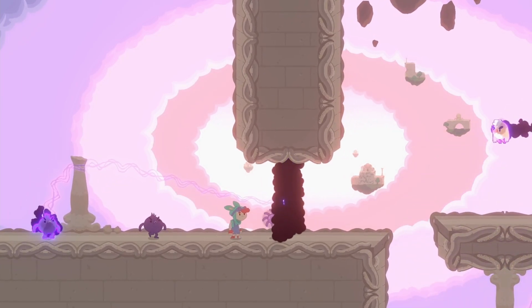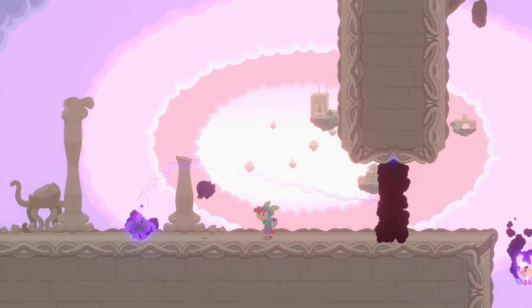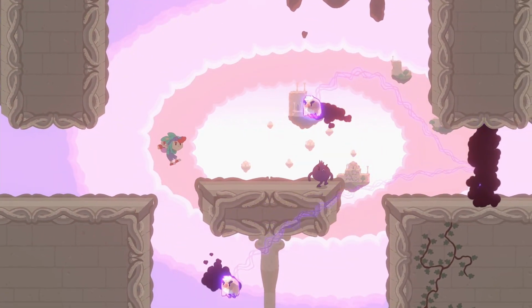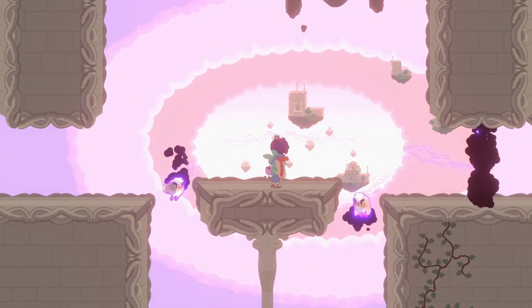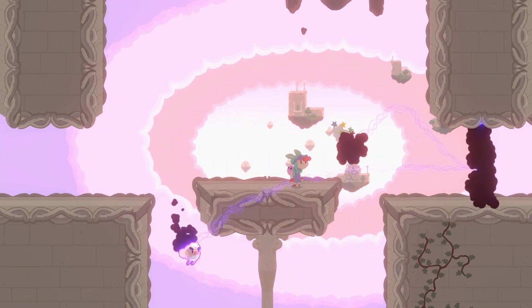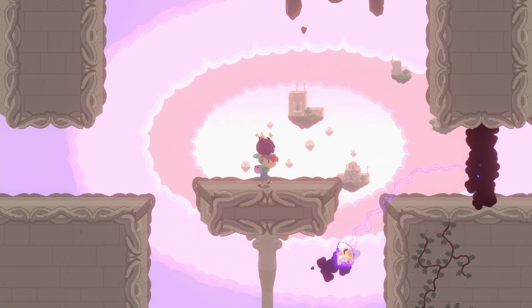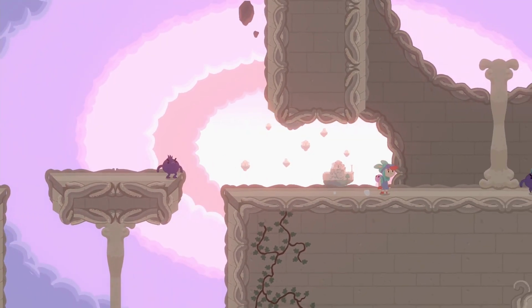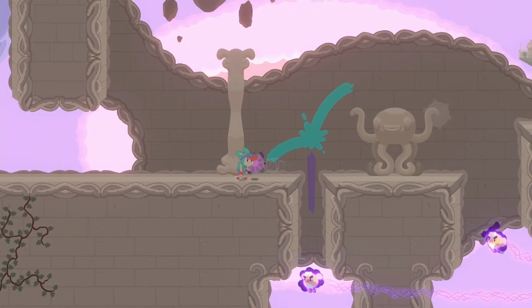Promenade is one of those games where, when I initially put in for the review code on this one, and thank you to the publisher for providing it, I wasn't 100% sure I was going to cover it, because I looked at it and went, well, this just kind of looks like a typical platformer. It doesn't really look like it does anything special. And then I got in game, and this game is just